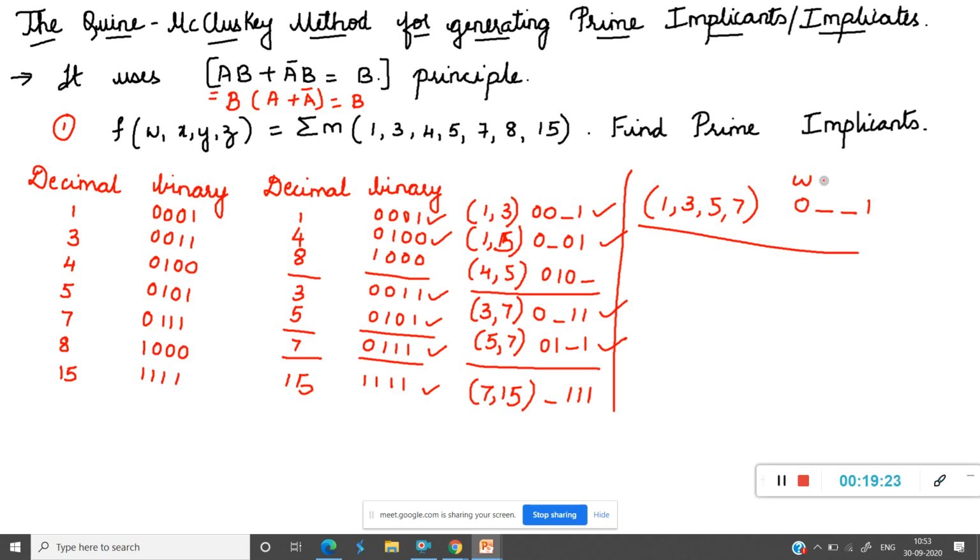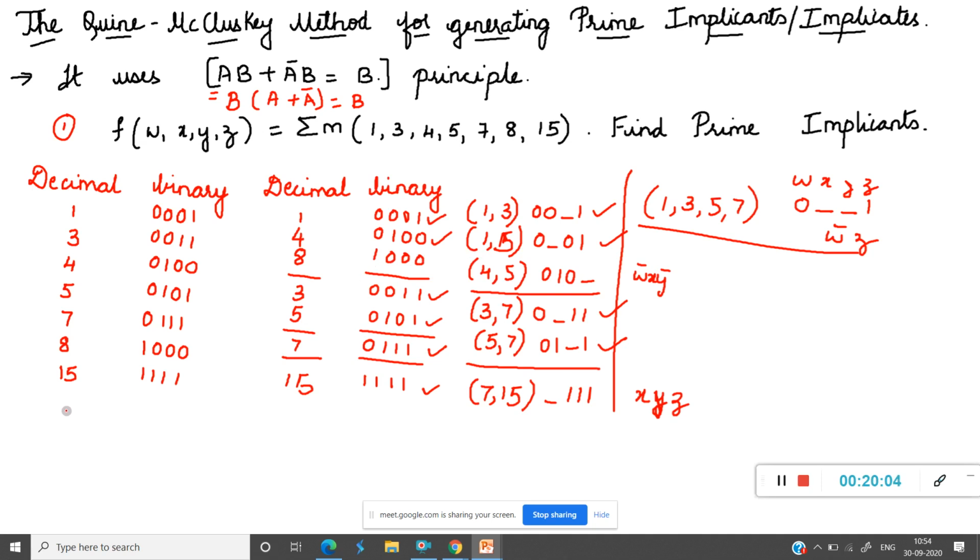Okay. So now here this is W, this is X, this is Y, this is Z. So how do I write this now? W bar Z. Next, this one, how do I write? W, X, Y, Z. Here I will write X, Y, Z. Next, how do I write this now? W bar, X, Y bar. Z is dash here. Okay, so next 8 is present. How do you write 8 now? W, X bar, Y bar, Z bar.